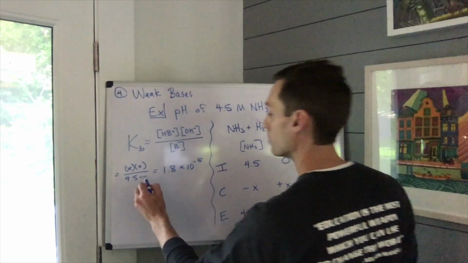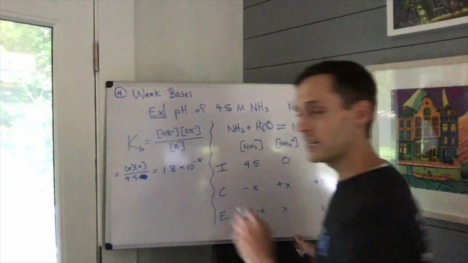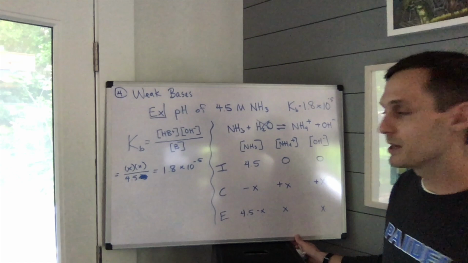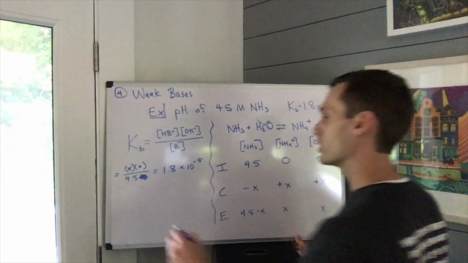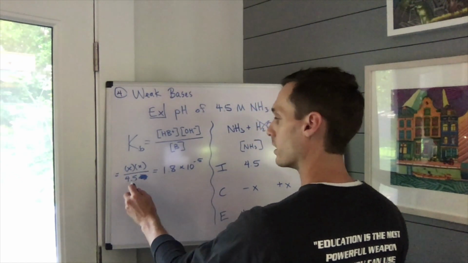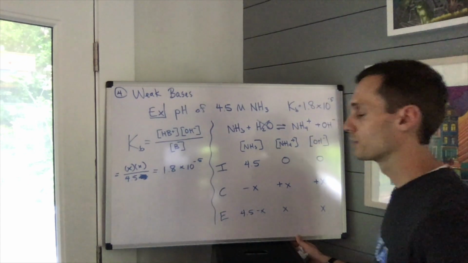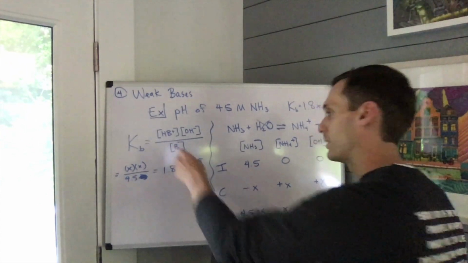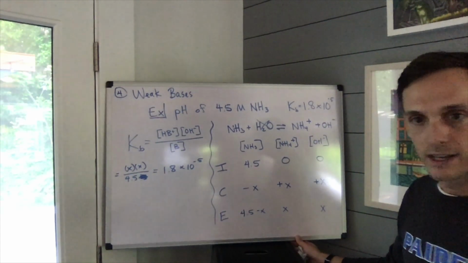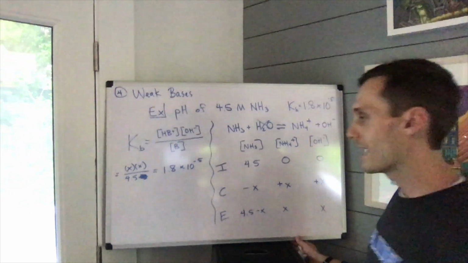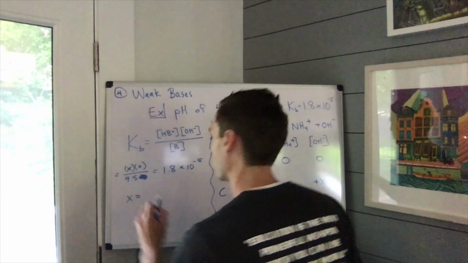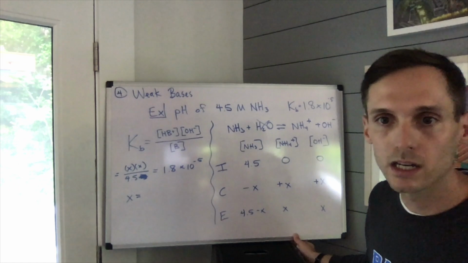So all we can do is eliminate that minus X in the denominator, and it becomes a much simpler equation. Here would be X squared all over 4.5 equals our Kb value. Multiply both sides by 4.5, take the square root of it to get X, and our X will end up being